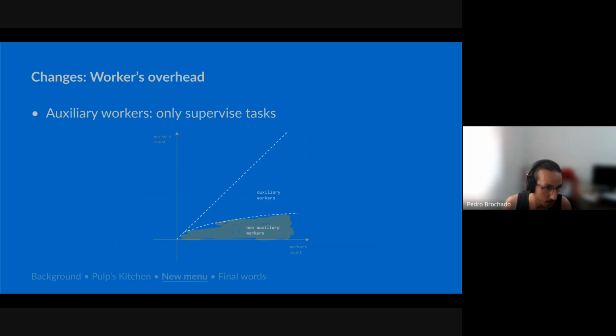We've added auxiliary workers because I've talked about some stuff that's not supervising tasks that talk to the database and consume resources. And if you have a lot of workers, you really don't need all of them doing all of the things. You can have a small percentage doing this janitorial stuff, like unblocking tasks, and it will serve the system, even at higher workers count. And the auxiliary workers only supervise tasks, so you scale just what you need.